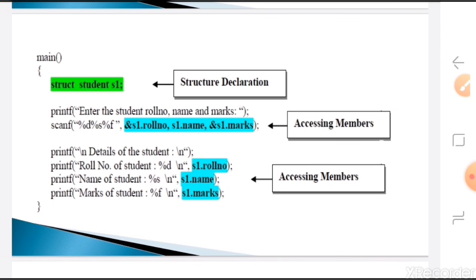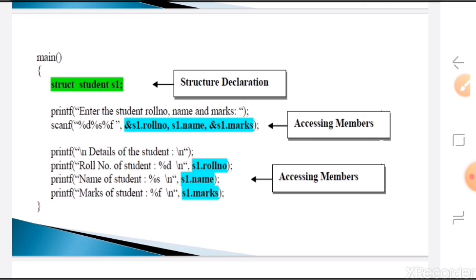So those things will be read, then you have to display them. Whatever we read, we will display. We give printf statements to display it. While displaying, you just have to use s1 dot roll number, s1 dot name, s1 dot marks, that is, whichever field you want to display.